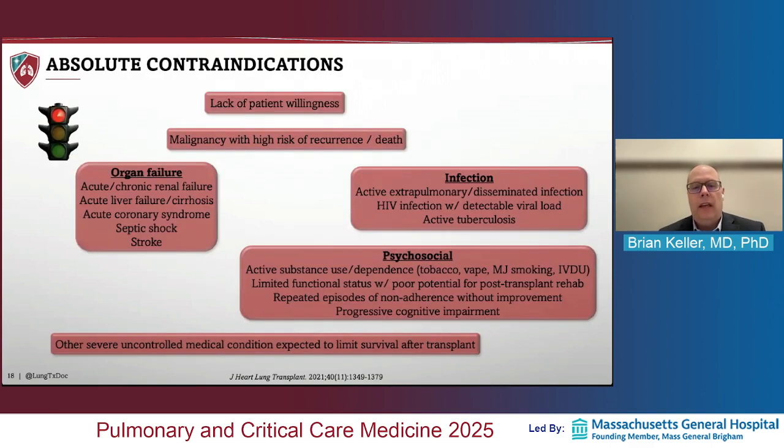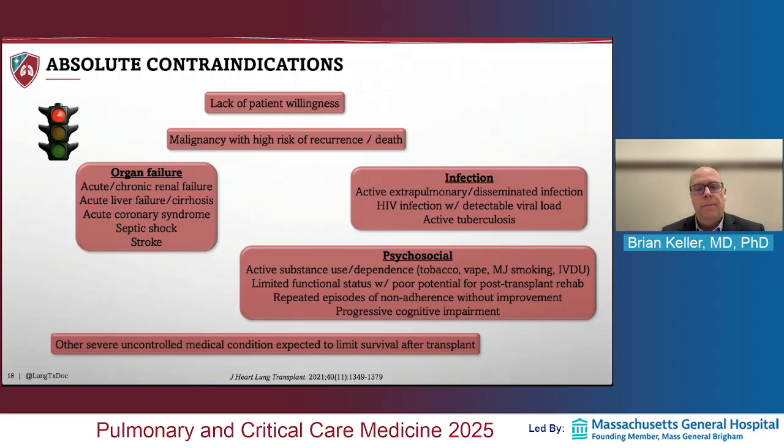There are some factors that limit a patient's candidacy for transplant. And what I'm showing you here are what are considered absolute contraindications at most all transplant centers. Patients need to be willing to proceed with transplant. Malignancies with high risks of recurrence or death can limit candidacy. Any other organ failure, so renal failure, liver failure, heart failure, all of those would be absolute contraindications unless considering